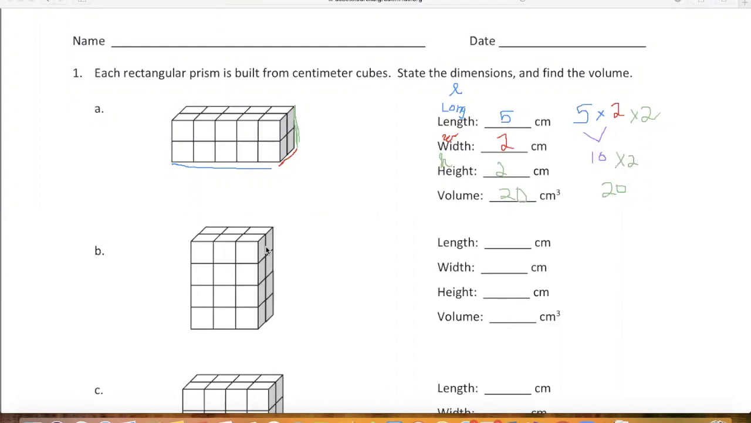And please make sure that you take pictures of your work, send it to me through Google Classroom, Class Dojo, email it, text it through your parents' cell phone. I want to make sure that you understand the concept of volume, and I can help you out giving you that feedback. And that is all for